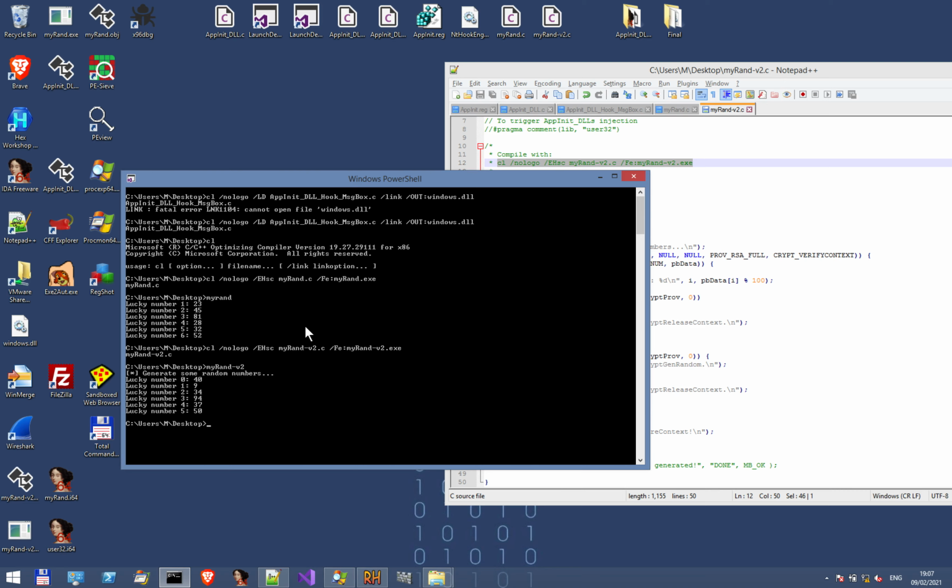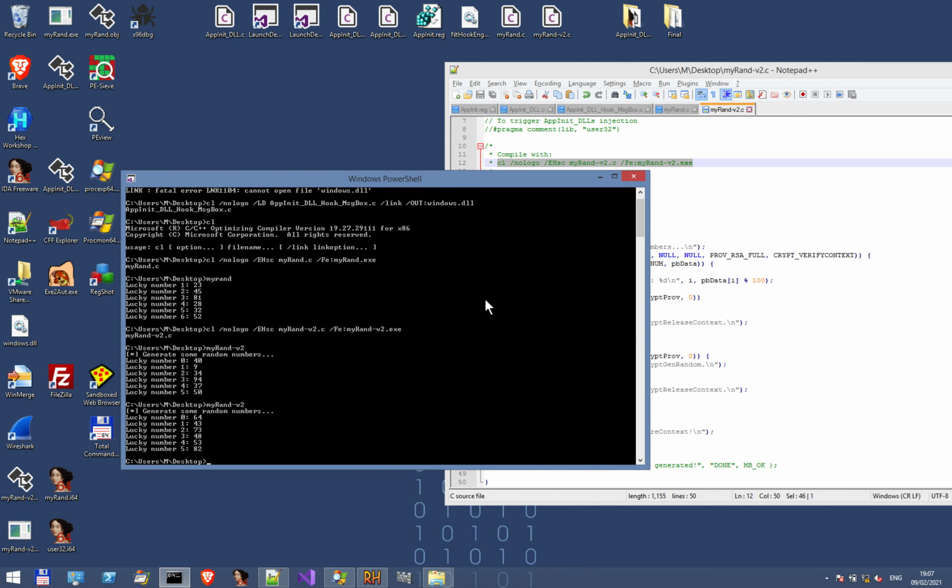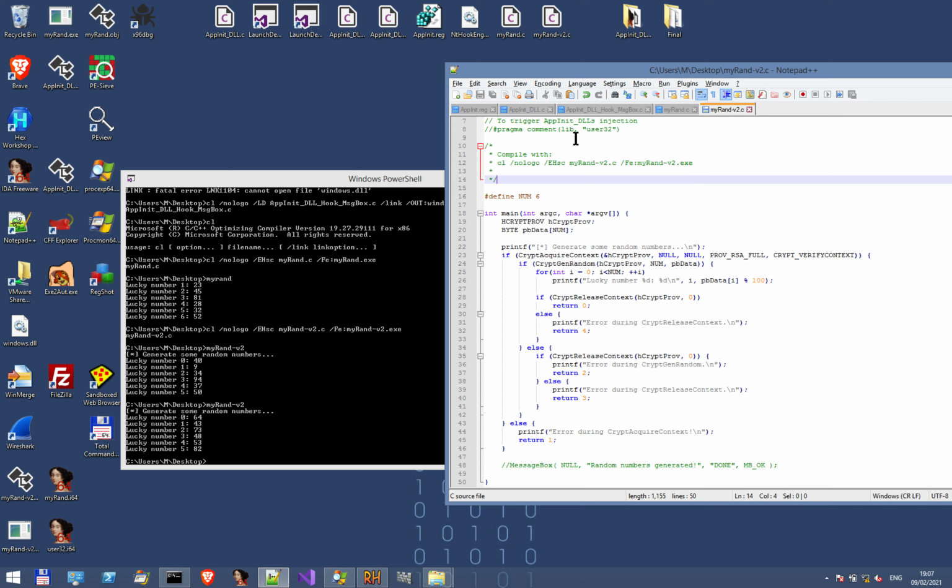Why? Pause the video here and take time to figure out why. Okay, got it? Okay, I assume you did the research online and came up with a good explanation. The DLLs we specify in the app-init DLL's registry key are only injected in applications that link with the user32 Windows library, most but not all applications. In this case, we have a simple console application, for which there was no need to link against the user32.dll library.